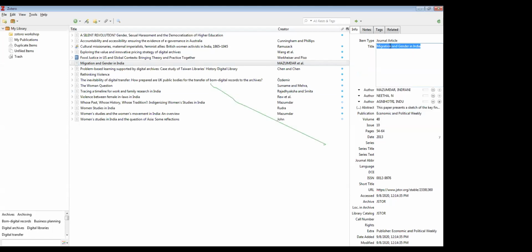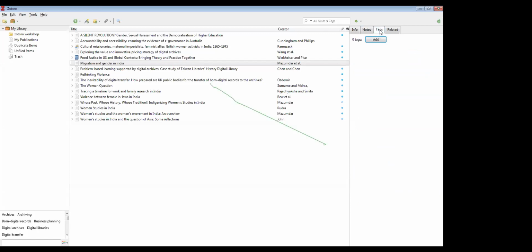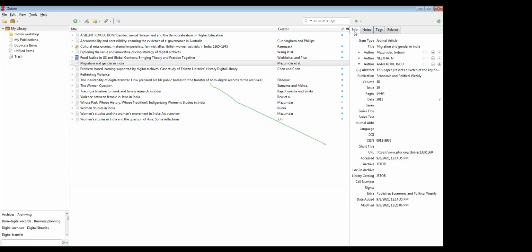And if you want to change anything, particularly the author or the title, if you want to change a title to sentence mode, just right click on it and say sentence case. It will change into sentence case. For the author, you have to do it manually. Suppose Mazumdar is given in caps, and I give it in normal case. In a similar way you can change the metadata, and you can even add notes, add keywords, and make a relation between two articles in Zotero.